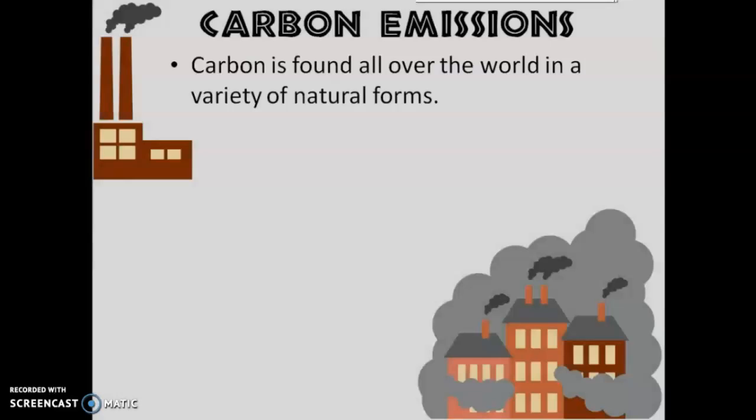Now, with the amount of people comes obviously some of those other consequences. Some of those consequences would be that with people, there's more homes, more buildings, more needs for factories, and so we see carbon emission starts to come into play. And we know that carbon is found all over the world in a variety of forms when we go into nature. We have carbon in our bodies, in the ground, and in the atmosphere, and all of that is very normal.